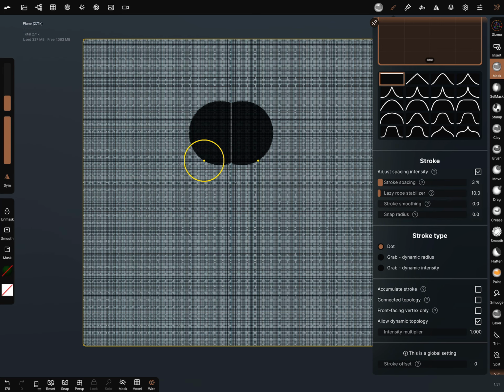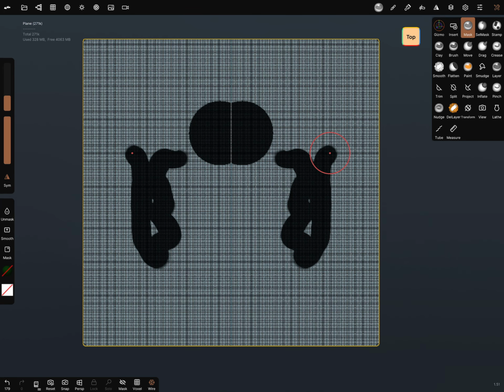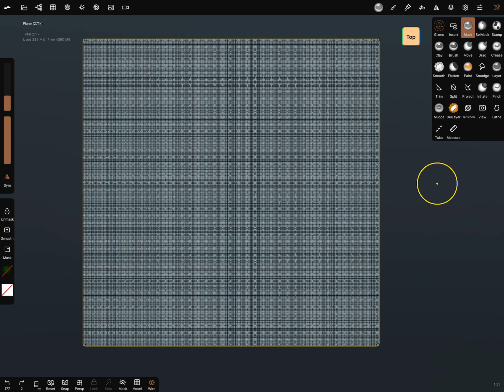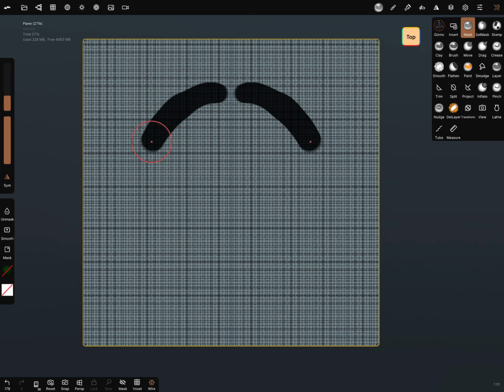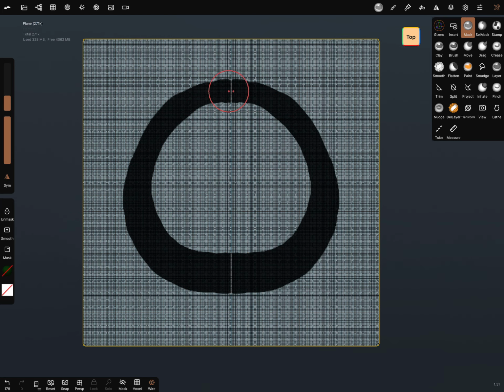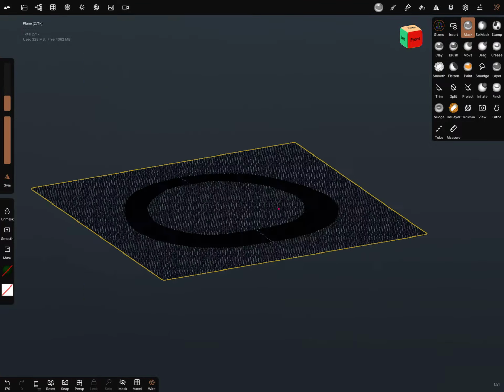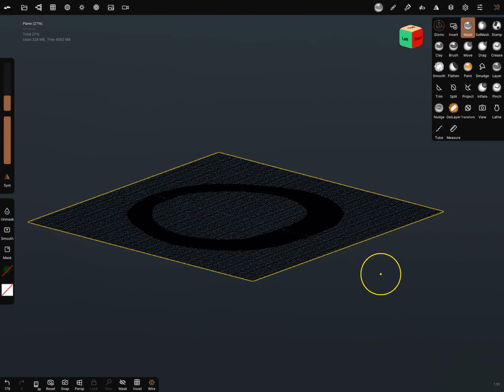The dot you can draw. Okay, I clear this. And for example, I draw a shape and then I'm going in a view that I see it.